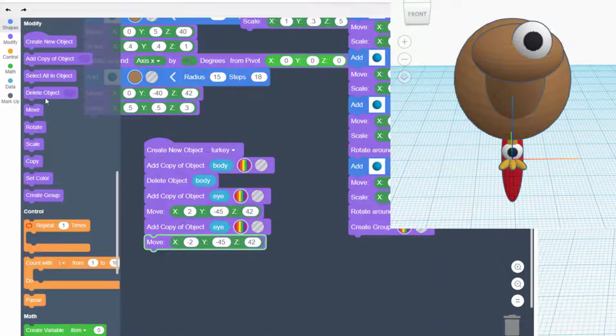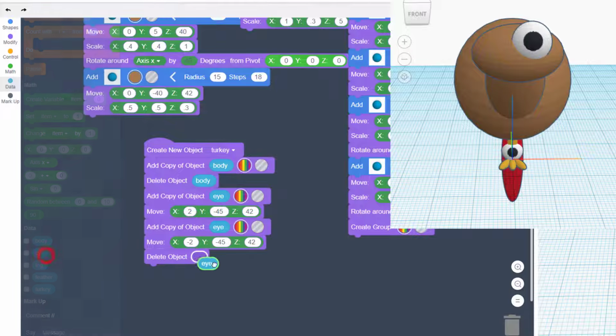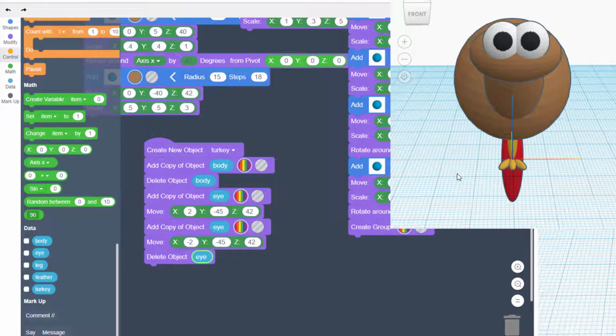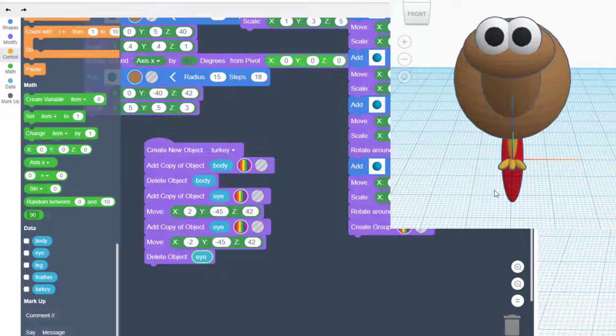Once I've got both eyes added, then I'm going to delete the original eye by bringing out a delete object and putting it down below. This cleans up the mess that's in the feet. When we hit play, our turkey draws, our 2 googly eyes are silly and awesome, and it's time to start